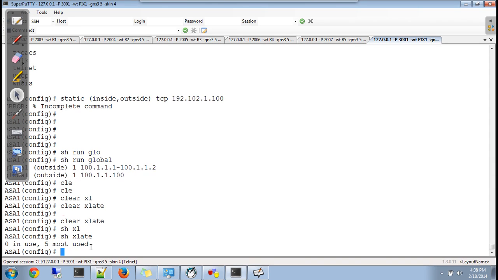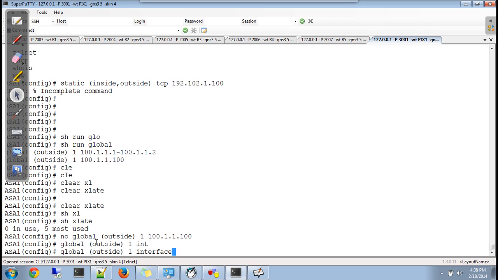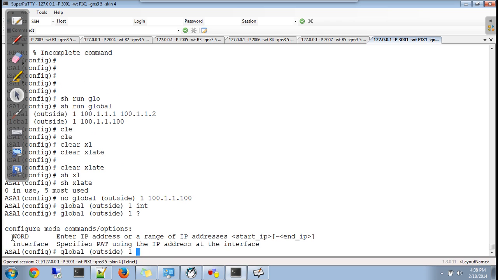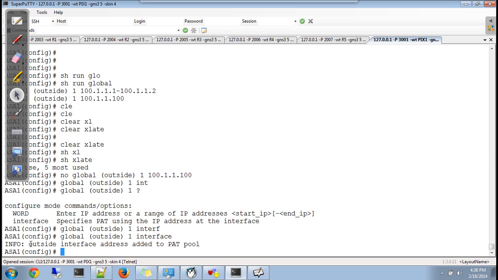I'll remove this one and we'll try to do it using the interface command. Same command, but instead of this manual IP, I'll type interface. You see you have two options here. Either you can give any IP address or you can type interface. And you see it says outside interface address added to PAT pool. So now you will be doing PAT using the outside interface.